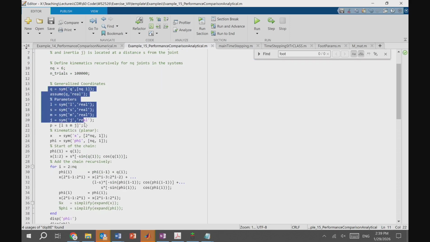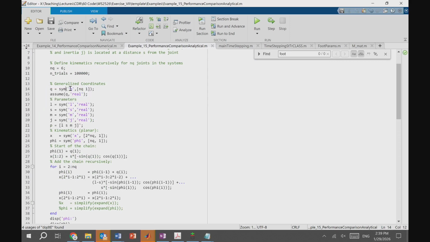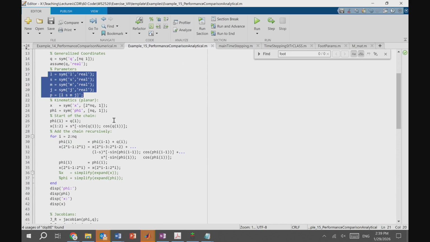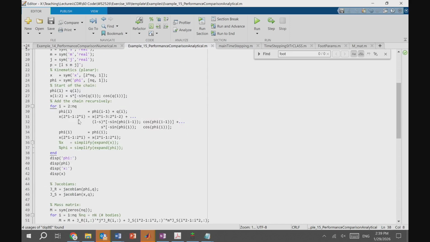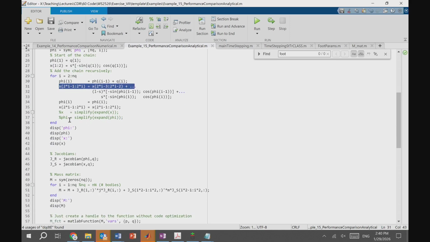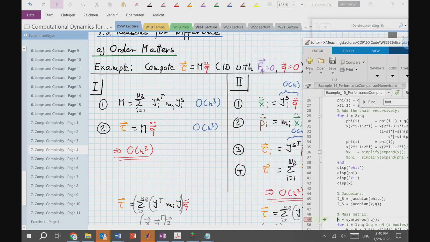How do we do it? We define everything as symbolic variables. So I define my vector q as a symbolic variable, and I have my parameters as symbolic variables. And then I do here, in this case, a recursive computation of my kinematics, right? Starting from some initial value, I compute the orientation, and based on that orientation, I compute my positions. And once I have that, I then compute my Jacobians. And if I let that run until this point,